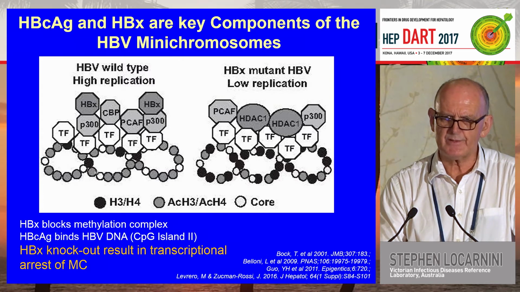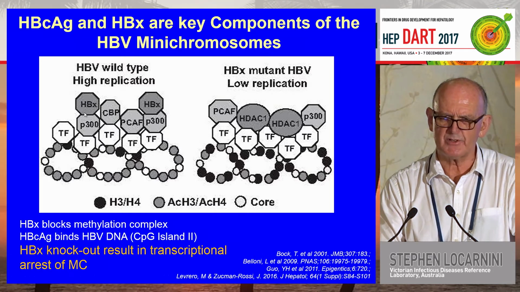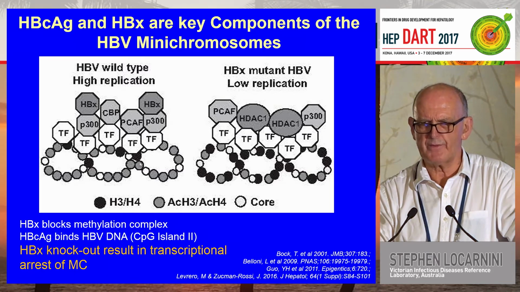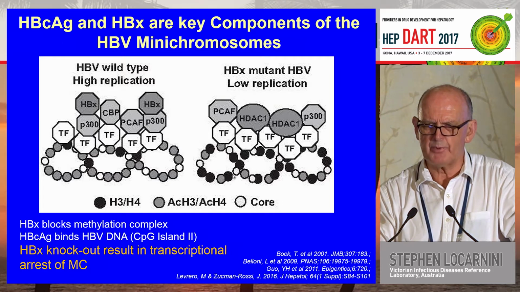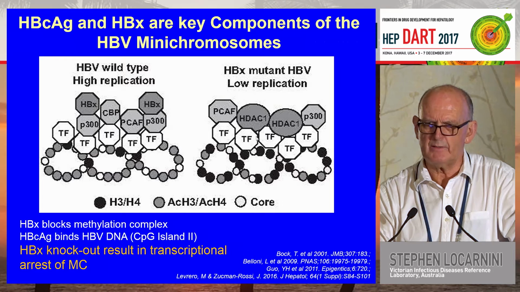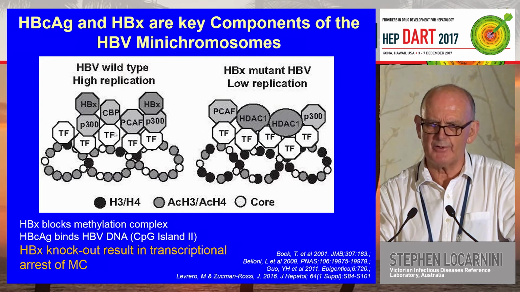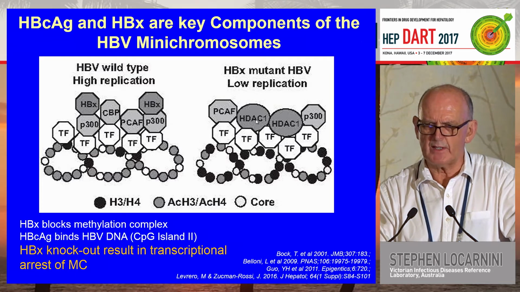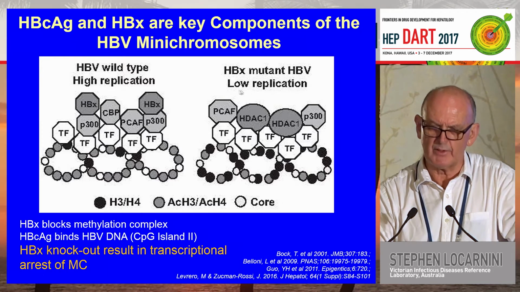Now shown for you here is the high replication open phenotype, or open structure, of the minichromosome, where X and positive transcriptional factors and acetylation factors are associated with the structure, giving it an open, transcriptionally flowing format, whereas in the core and X are critical components of this structure. In the closed structure, you've got the deacetylation enzymes and the methylation enzymes, and the equivalent of the HBx